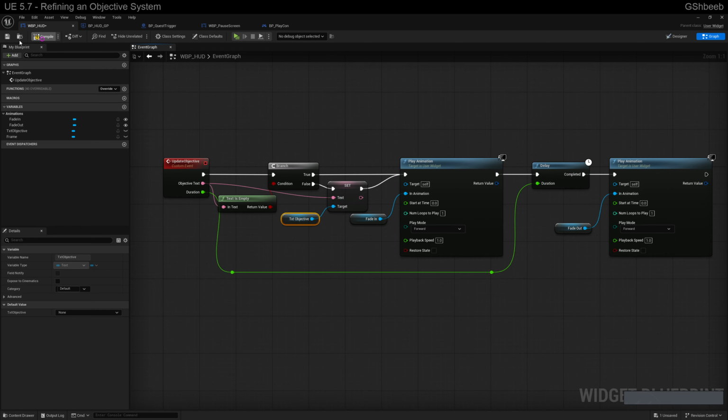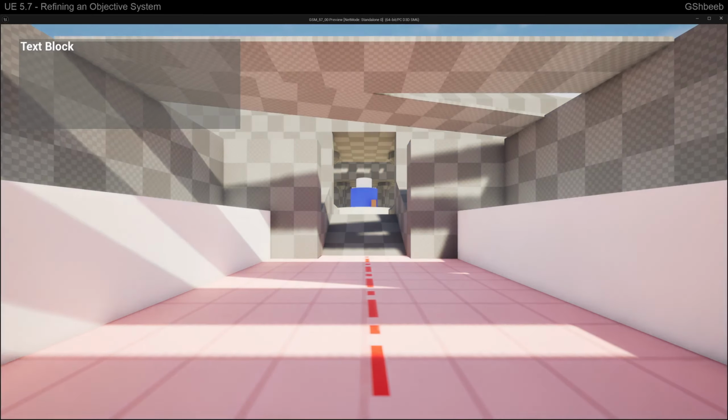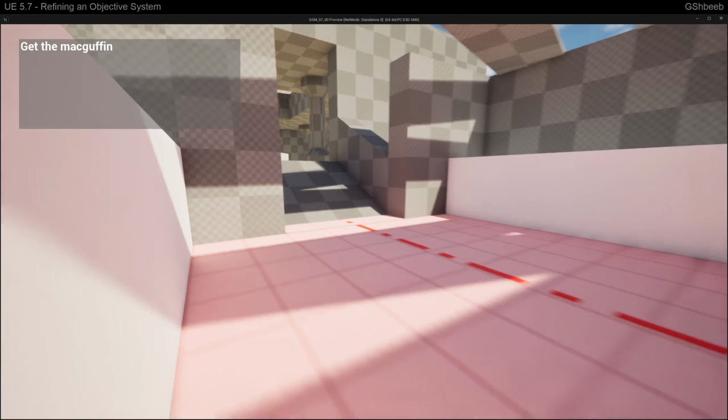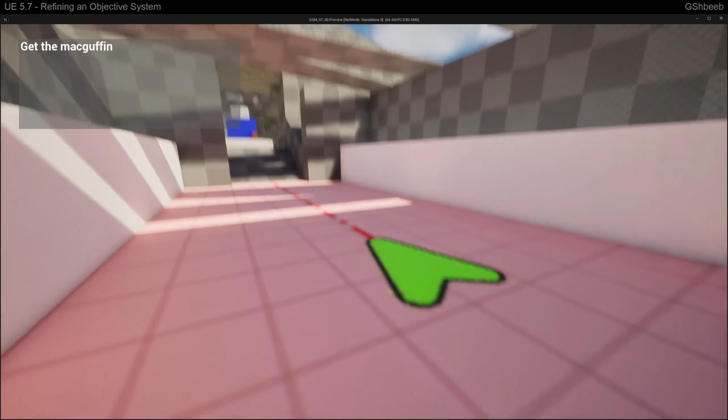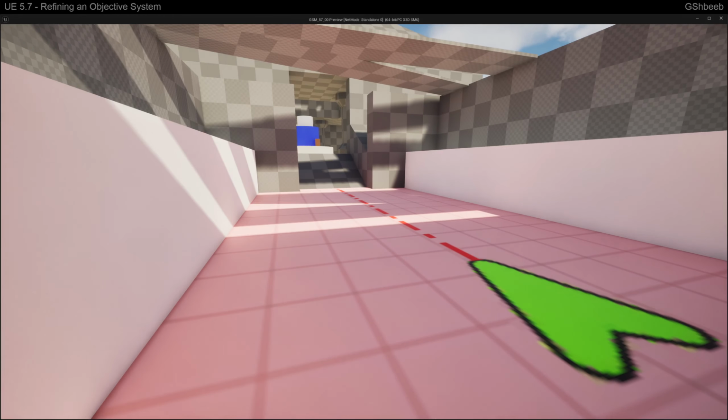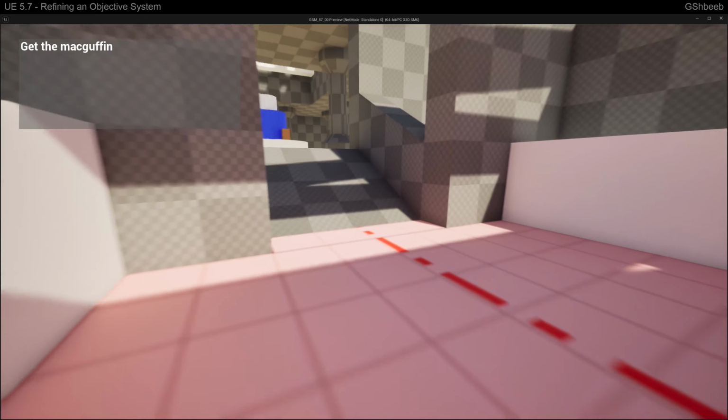And so this will allow us, at any time we want to call the objective, without having to change it, then we can just call it with a null text field, and that will give us the update we need. So if I come in, touch the block, get the MacGuffin is on screen, after 5 seconds, that'll fade out, and then when I click pause, it'll come back in, and that'll fade out after 5 seconds,